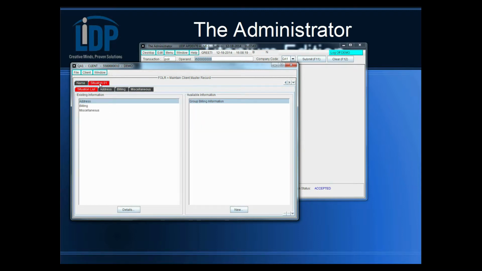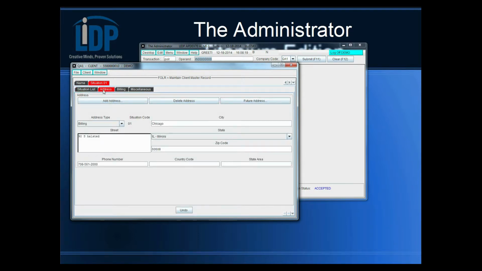Let's go to the situation. On this situation, we have an address, billing information, and miscellaneous. Every situation is going to automatically have miscellaneous information on it, and then you can choose whether or not you want to have address and billing on there. If I go to the address tab, we can see that this was the address on the contract that we had looked at through the policy notebook. It's our billing with situation code 1, our street, city, state, zip code, phone number,